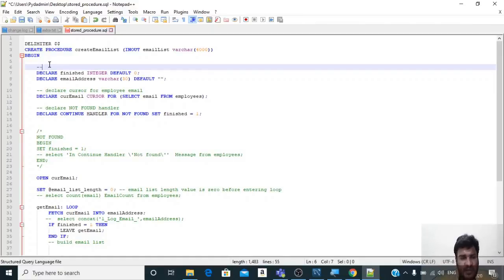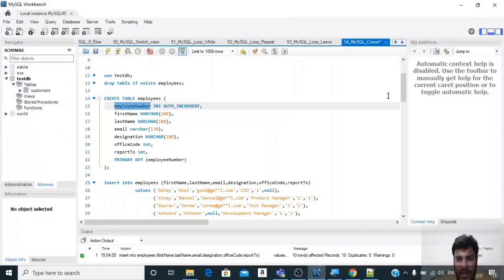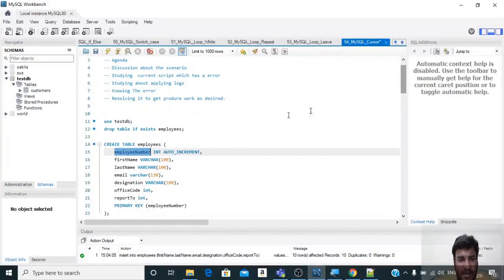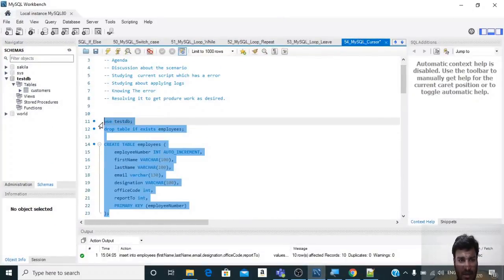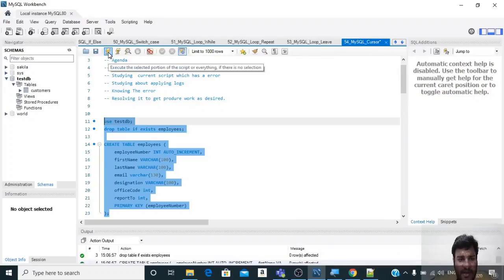So finished is a variable which indicates that there are no rows fetched. I will just do one thing. I will go back and let us again drop and create the table.